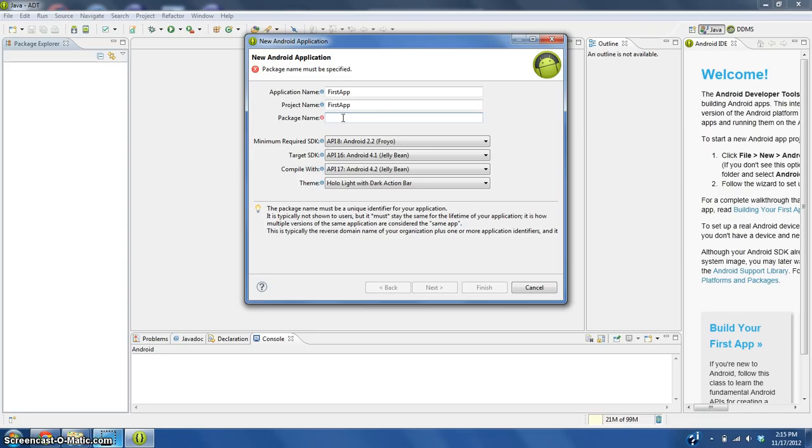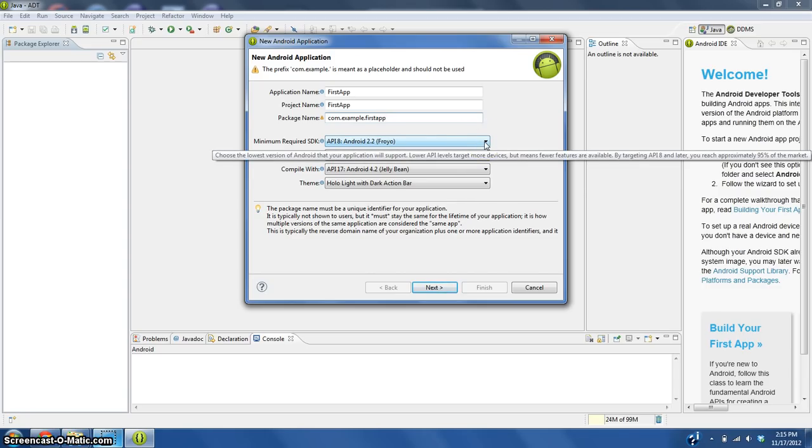Now, what I'm going to do is I'm just going to make an example website name. It doesn't actually have to be a real website name. It could just be something like com.blakeisawesome dot anything else. So what I'm going to make it is com.example dot first app. Now, the minimum required SDK, if you want to reach the maximum number of users, set it